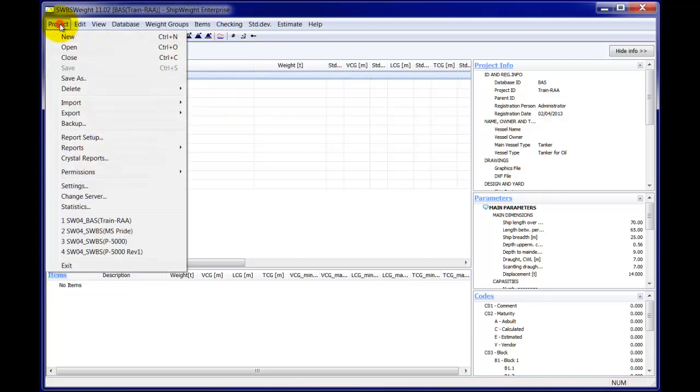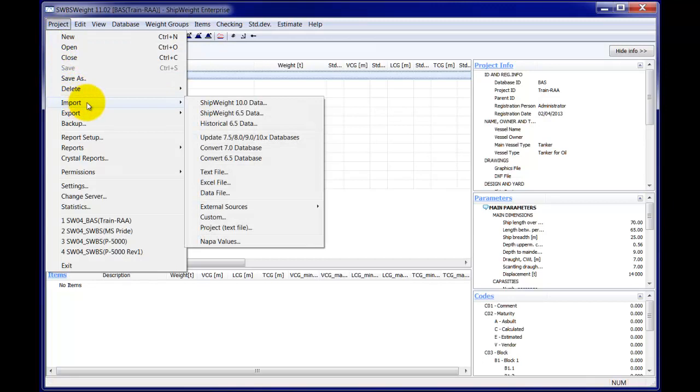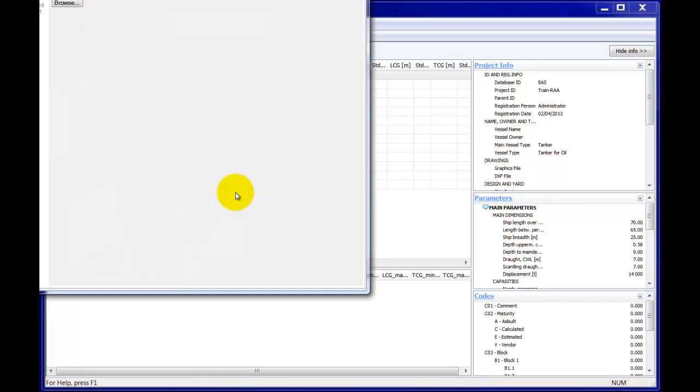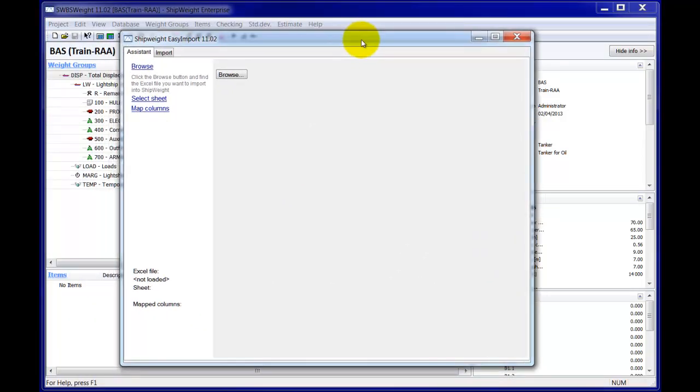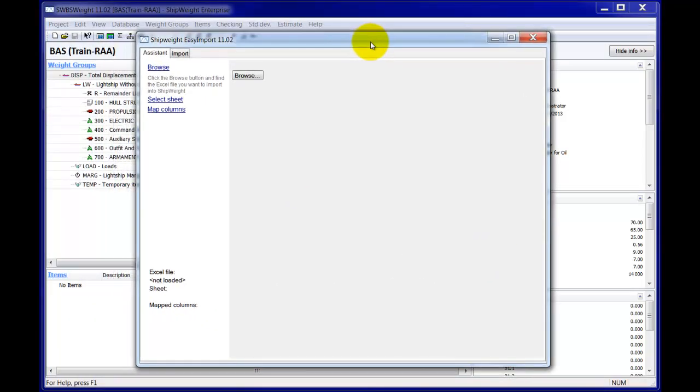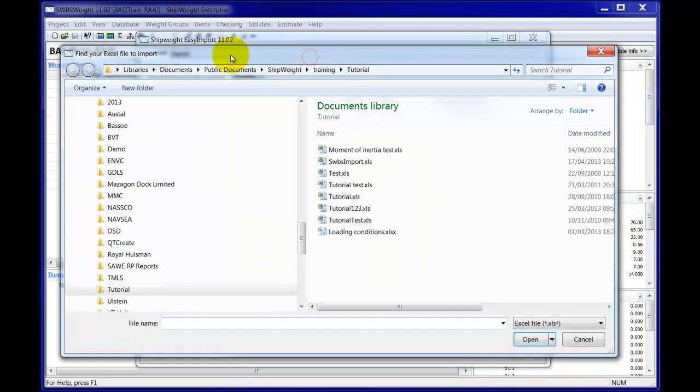So I go to my project menu, I select import and select data file. Now this pops up an import assistant, and the first thing that I want to do here is to browse to find the file that I want to import. So I do this by clicking the browse button, and then in this case selecting this ShipWeight import Excel file,